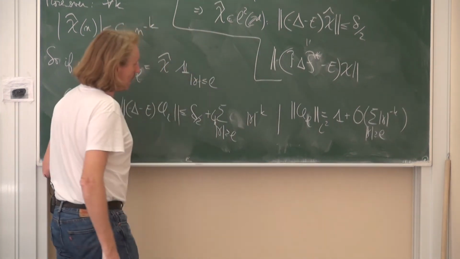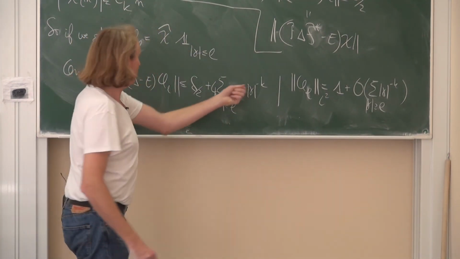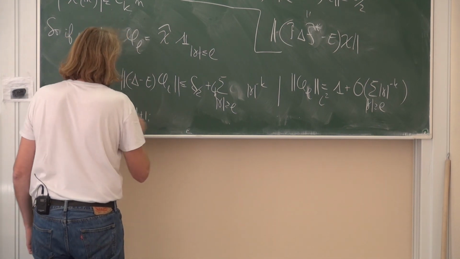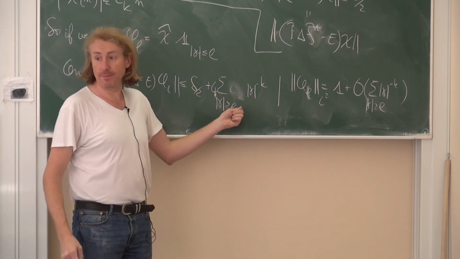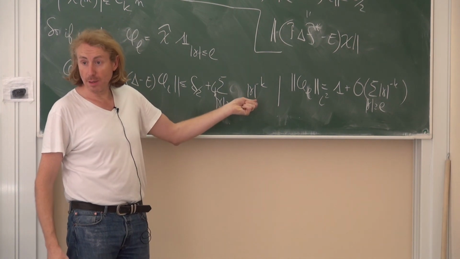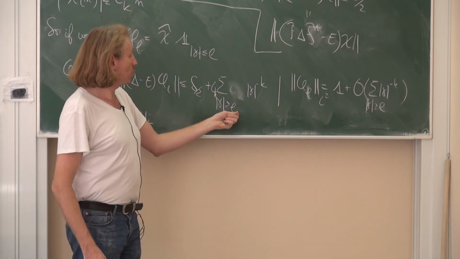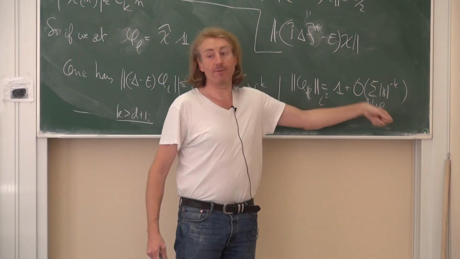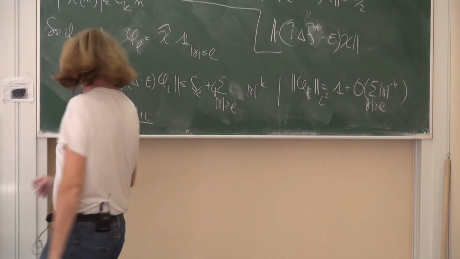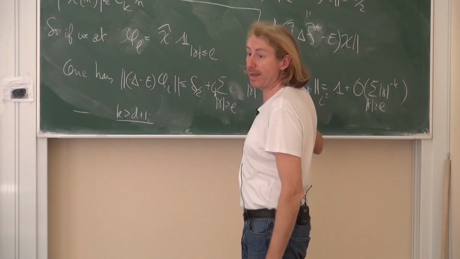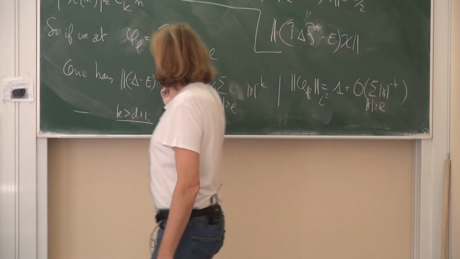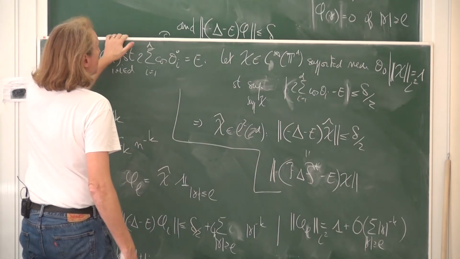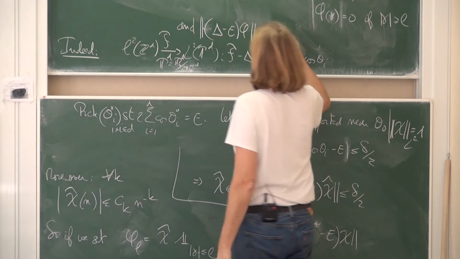And we see that if we take L larger, now take k larger than the dimension plus 1, so that these sums are converging, right? So the remainder goes to 0. So taking L sufficiently large, this is less than delta over 4, for example, and this is larger than delta over 4. Do the division, and you just renormalize this vector phi L so that it has norm 1, and you get what you want. Okay? So this proves the existence of this vector,